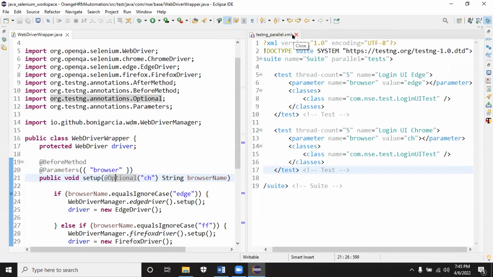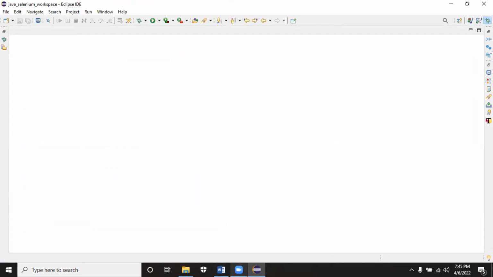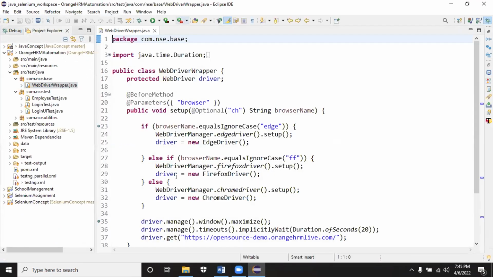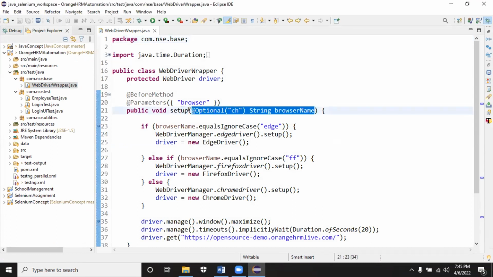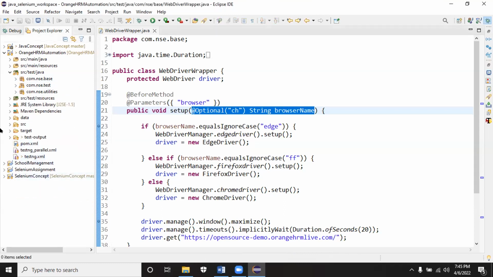Okay. So is it clear for you till this? Any doubts? Let me know if you have issues with your framework. You can update it to GitHub. Is it working in your framework which you created? Okay. So if it is working, fine. If it is throwing any error, let me know.